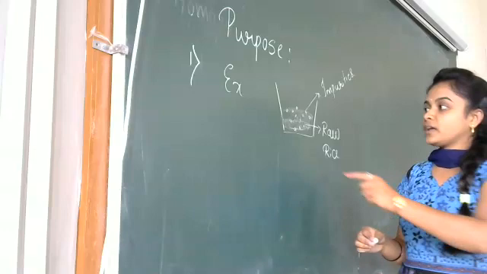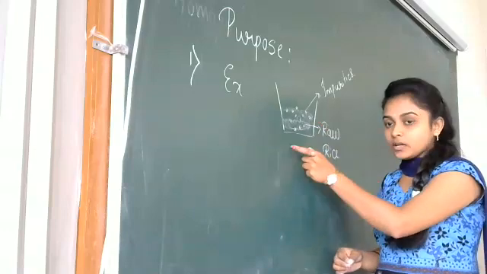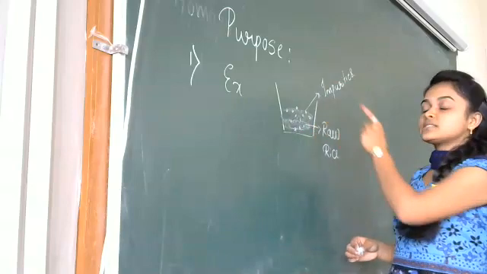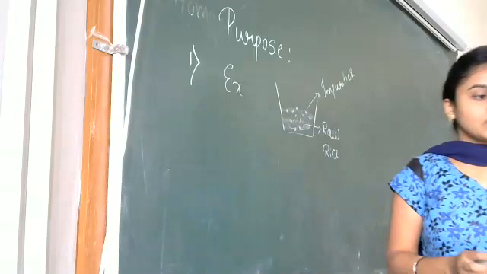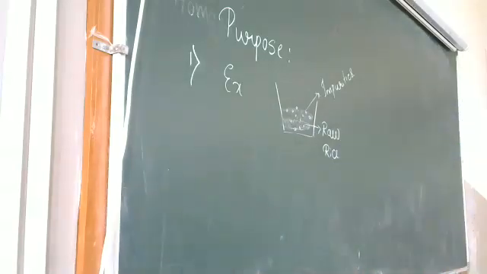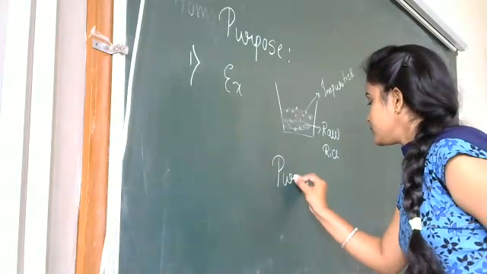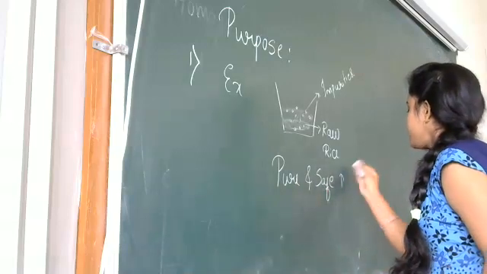So, in order to make this rice useful and make it pure, we separate these impurities. So this is the first purpose: we get pure and safe